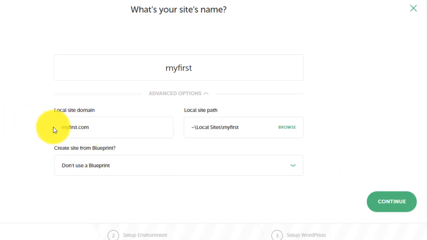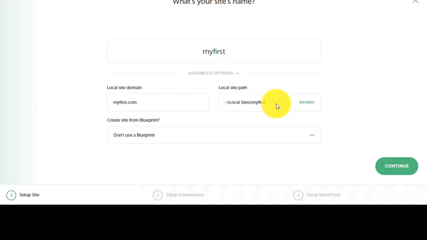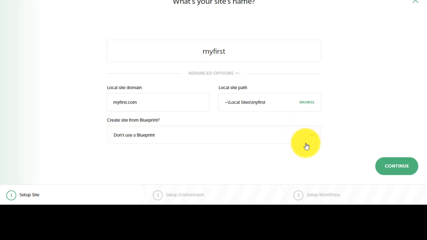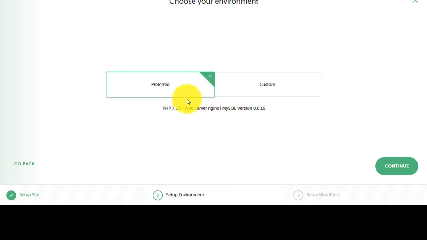So the local site domain is going to be named myfirst.com, and the site is going to be saved at this path. I'm going to show you that part very soon. Use blueprint or not? I don't want to use any blueprint. So continue. To choose your environment, you can use the preferred MySQL, PHP, and web server, Nginx